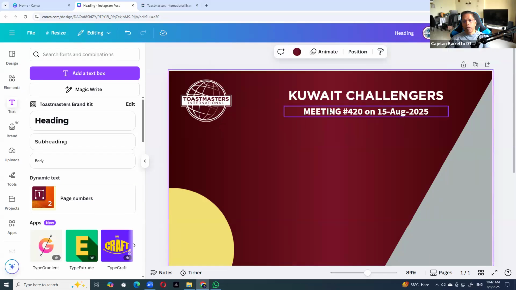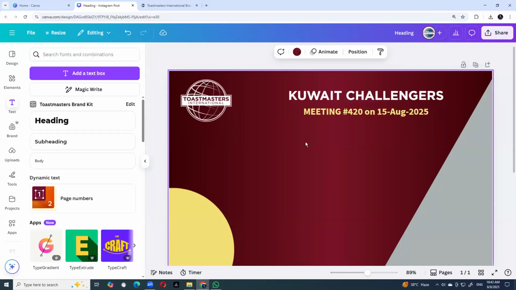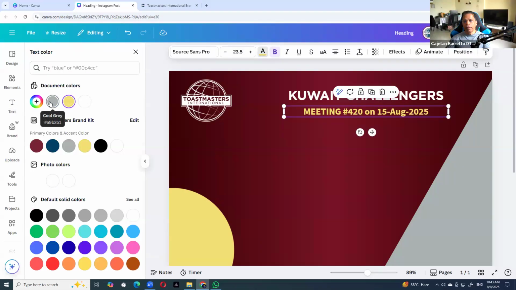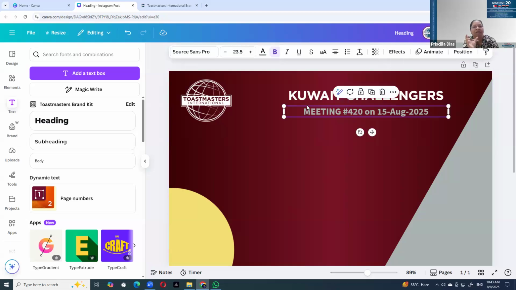It looks good. I could also use, which one from here? Could I use yellow? Yes, of course, as long as you can read it. And could I use gray? Yeah, gray. What do you think? Because it is the meeting number and the date, I think putting in happy yellow would be better because you are stressing that this is the meeting and this is the day. When people look at the poster, they want to know when is this event happening first thing.